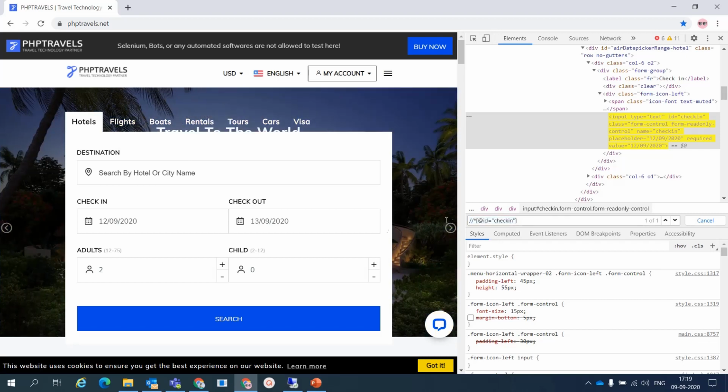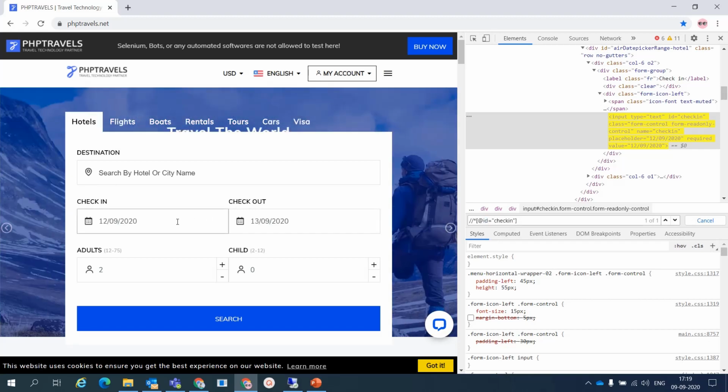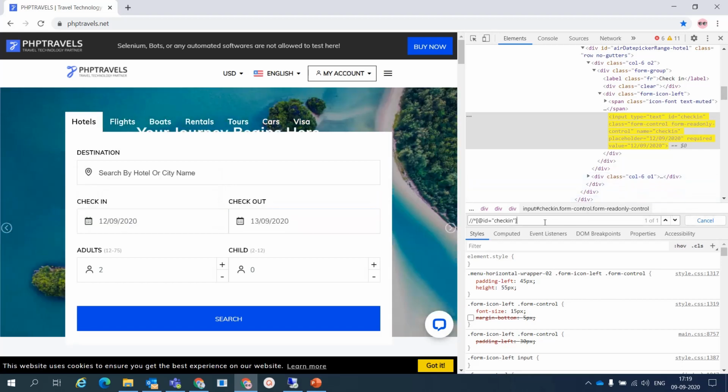Now I want to take the XPath of checkout, and here you can see it is using ID, because the first preference goes to ID. If ID is not present for this input... here you can see that to develop this check-in text box they have used ID. So it is easy to locate web elements by ID.